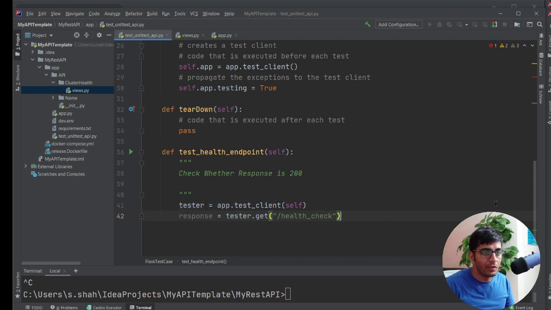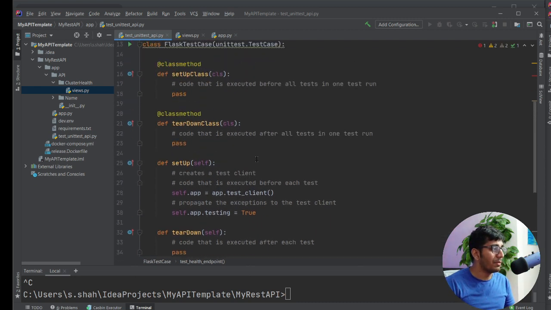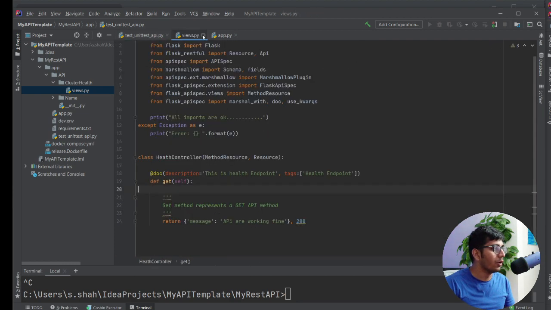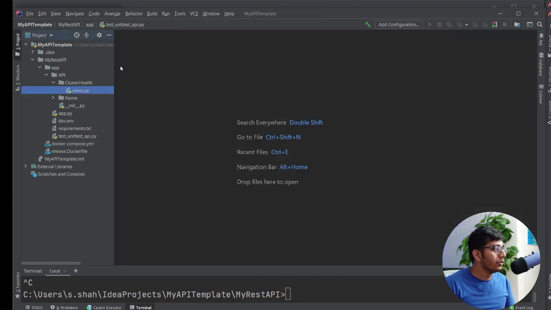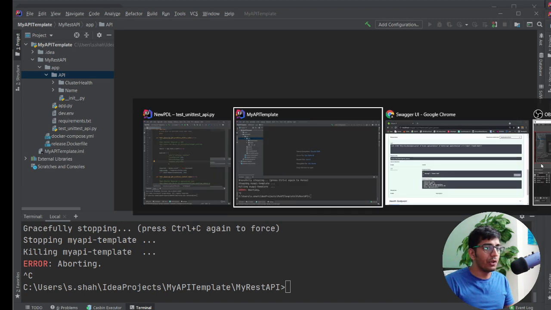So this would be a get endpoint, and then what we want to do is match the status code. Check the status code from the response. And we essentially do an assert statement and say, hey, it is equal to 200, then your unit test code passes. Now you can add as many API routes to the unit testing as you want, and it should be good to go. So that's done. Your app is ready. At this point, this is a full-fledged production-ready app.